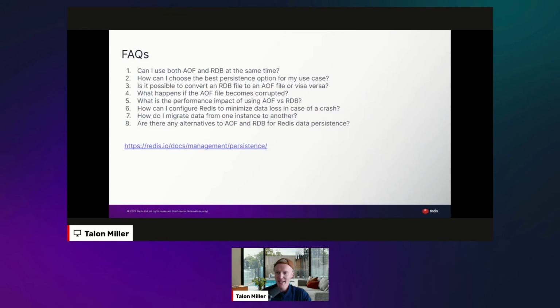Next question, what is the performance impact of using AOF versus RDB? And this is an important question, definitely a common one as well. So AOF can have higher performance impact than RDB, especially when using the always fsync policy, where you're always appending every write operation. RDB, on the other hand, has lower performance impact, as it takes snapshots and then saves them